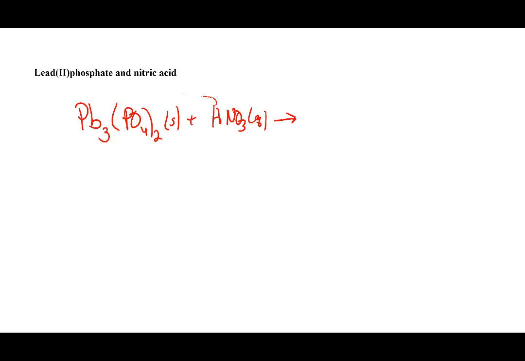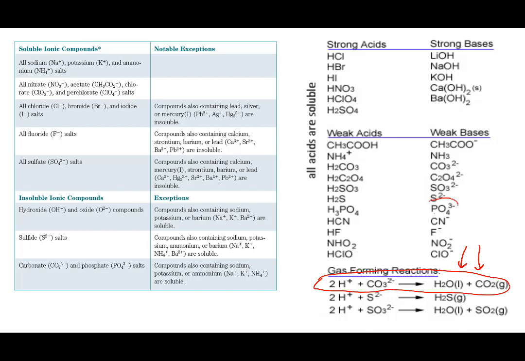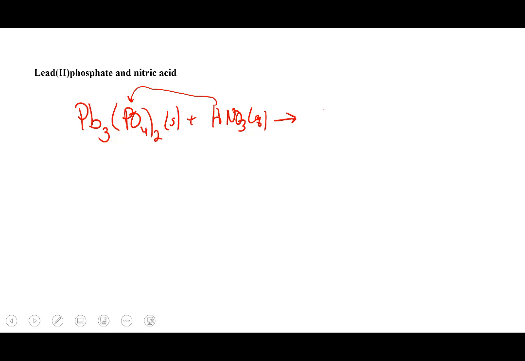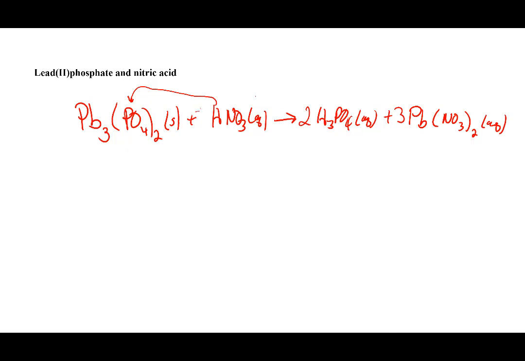The hydrogens are going to go on to the phosphates. And remember what happens here is if you have phosphate ion, if you react it with an acid, it's going to make H3PO4. We saw that in an earlier example. So it's going to make H3PO4, and that's going to be aqueous. Plus, the lead is going to end up with the nitrate, and lead's 2+, and so it gets 2 nitrates. Because nitrates are 1- each, and that's aqueous because nitrates are always soluble. So we have 3 leads, so we're going to need 3 lead nitrates. We have 2 phosphates, so we're going to need 2 phosphoric acids, so therefore we're going to need 6